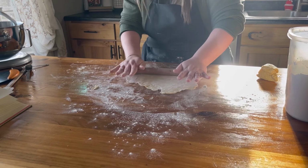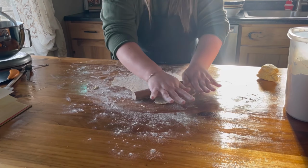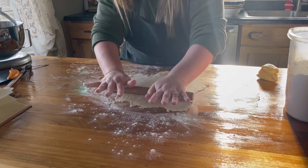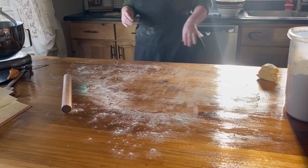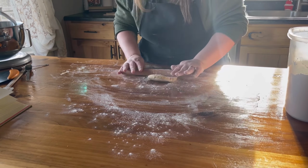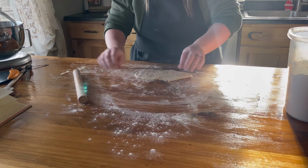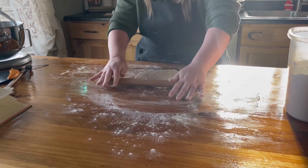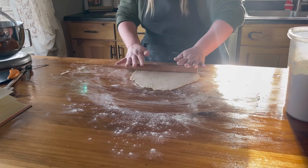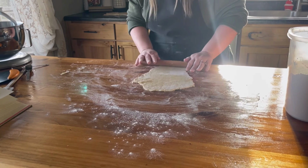So while I'm rolling out this dough, I wanted to share some exciting news. Well, I'm excited about it. Something that I have been looking forward to and wanting to do for quite a while, especially since probably even before we moved down here, I've been wanting to purchase a big amount of land, and then I'm wanting to have like a milking cow, possibly two, and then some chickens, just kind of not so much a hobby farm,